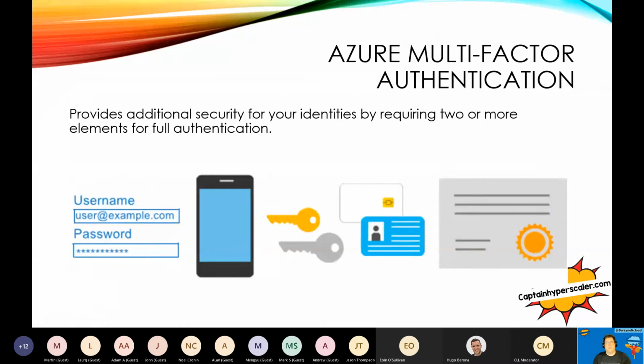And I touched on multi-factor authentication. Obviously, many of you probably already utilize this one way or another. Key things to know around what multi-factor authentication is: it's something you know, something you have or possess, and something you are. So it's important to understand the differences between those, because you will probably get a question around multi-factor authentication on